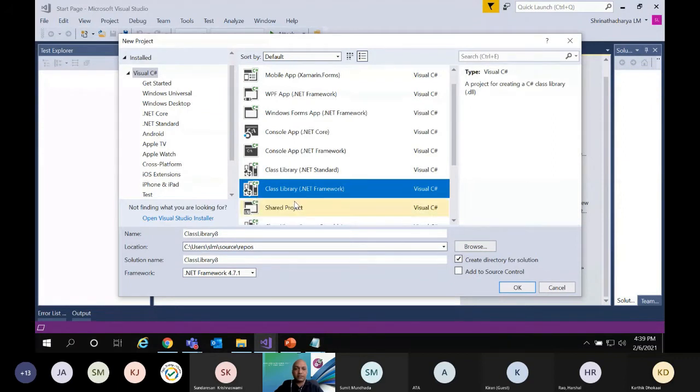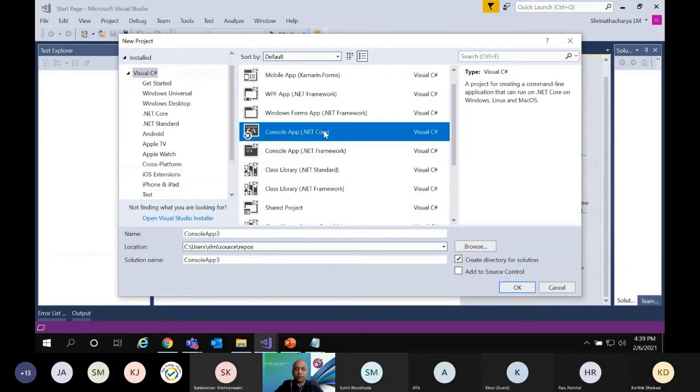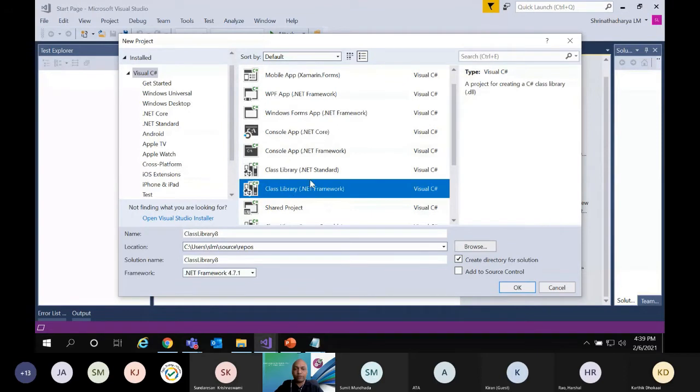There are two more things: one is .NET Standard and another is .NET Core. When you develop anything with .NET Standard or .NET Core, the same program, when you commit to any source control management like TFS or GitHub, if someone downloads the same thing on a MacBook or a Linux, it can be run on the other platform as well.